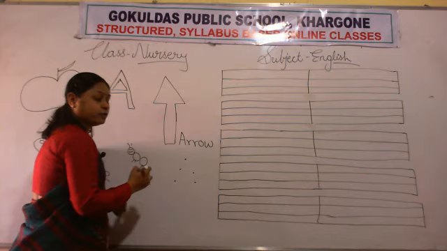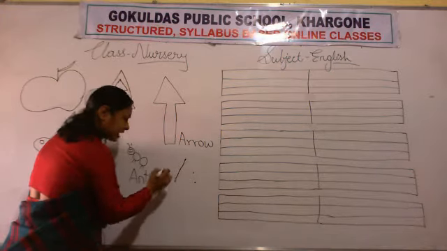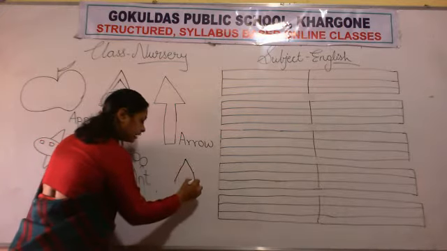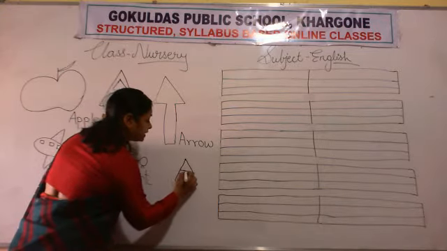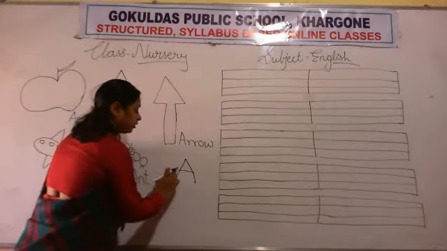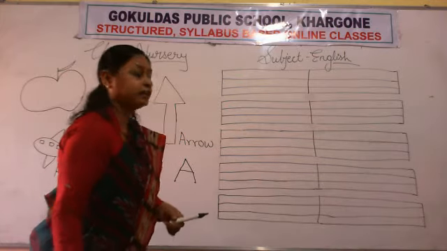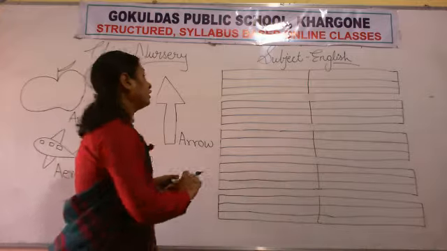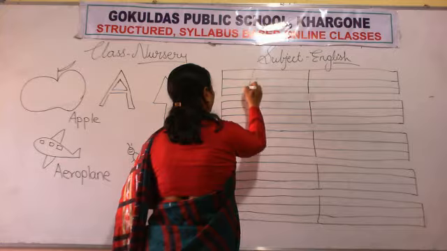How will you write? You have to join these dots by slanting line. Look here like this. Okay. Now in between you have to write sleeping line. You have to join both the dots by sleeping line. So which letter will form? Letter A. Now we will write in notebook.